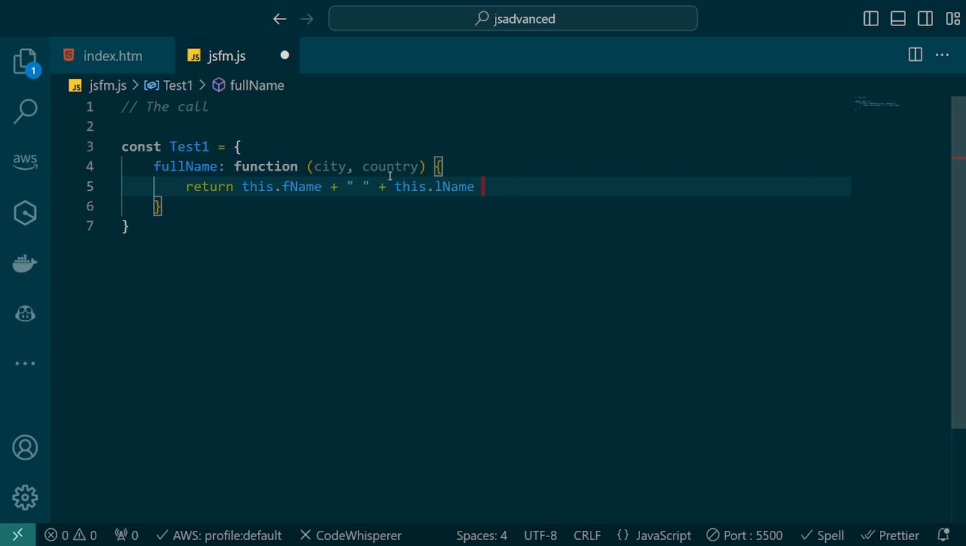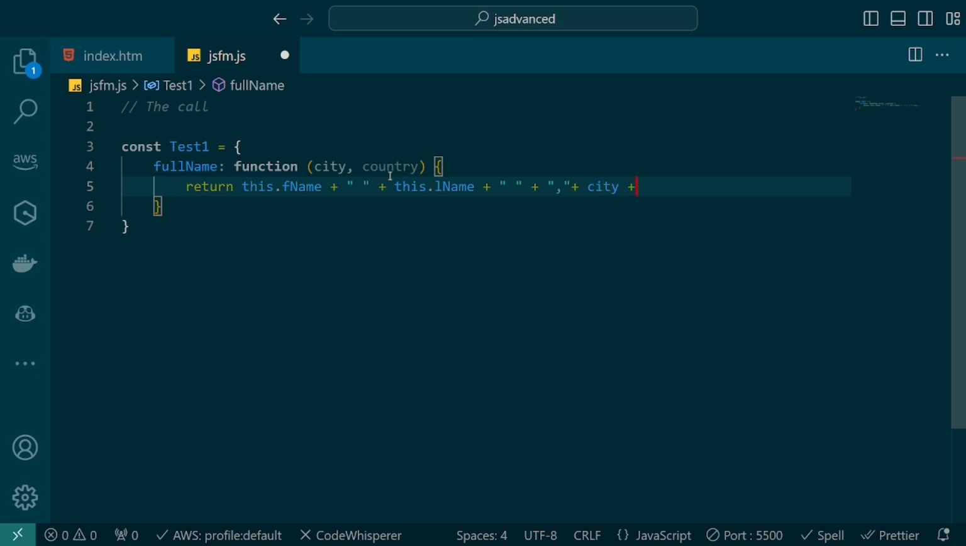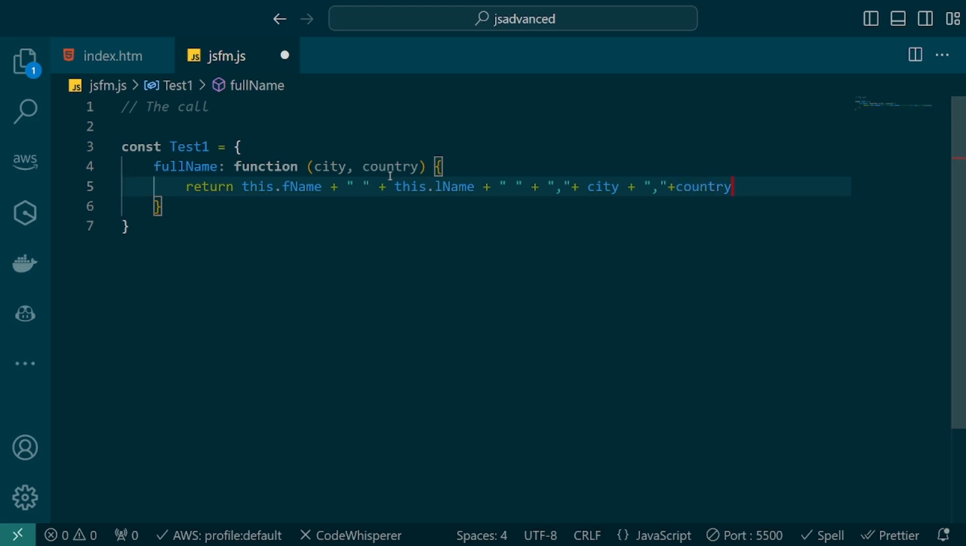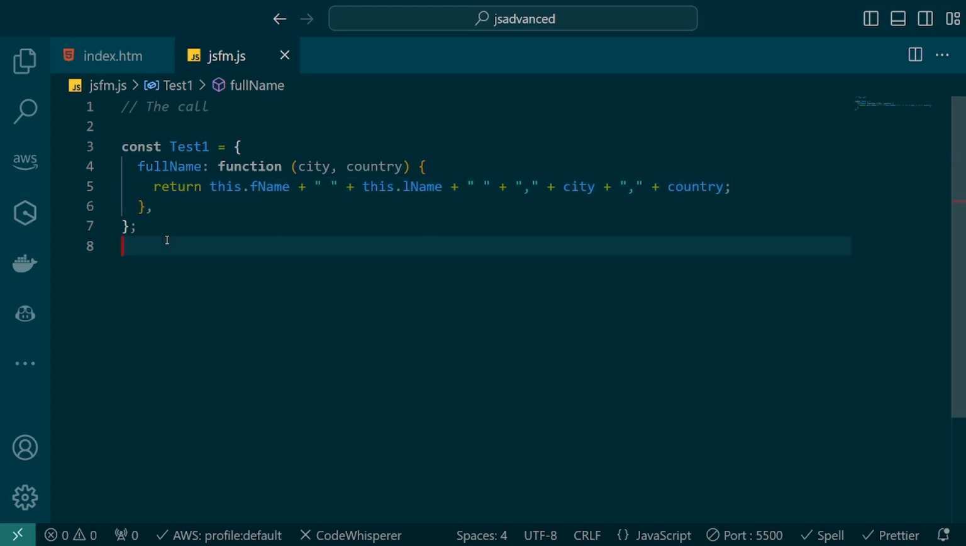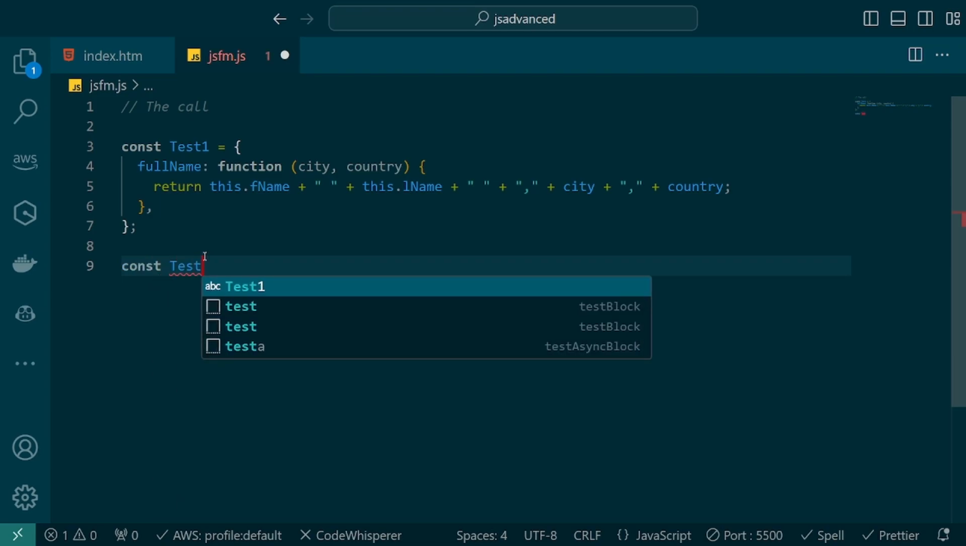then a space, and here I would like to give a comma, city, country. So I've written this particular test one, and here I would like to declare another constant, test two, equal to